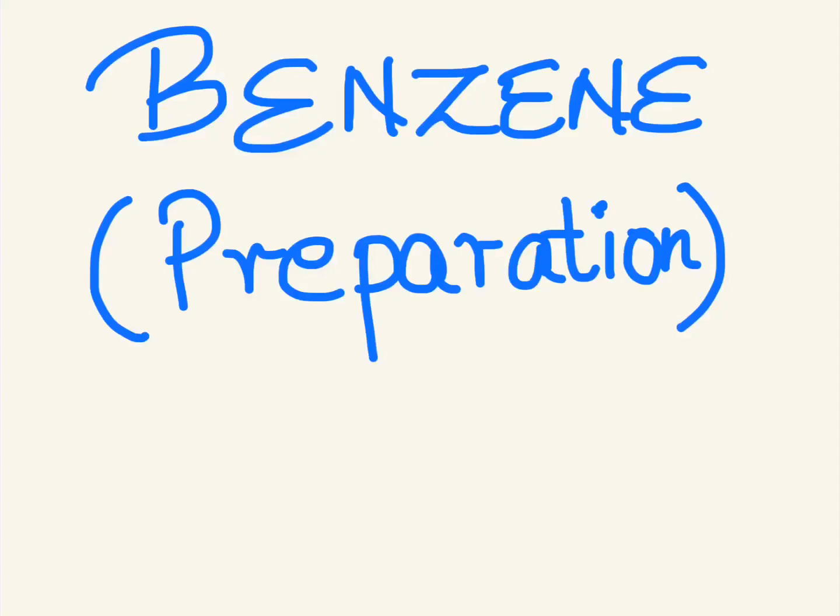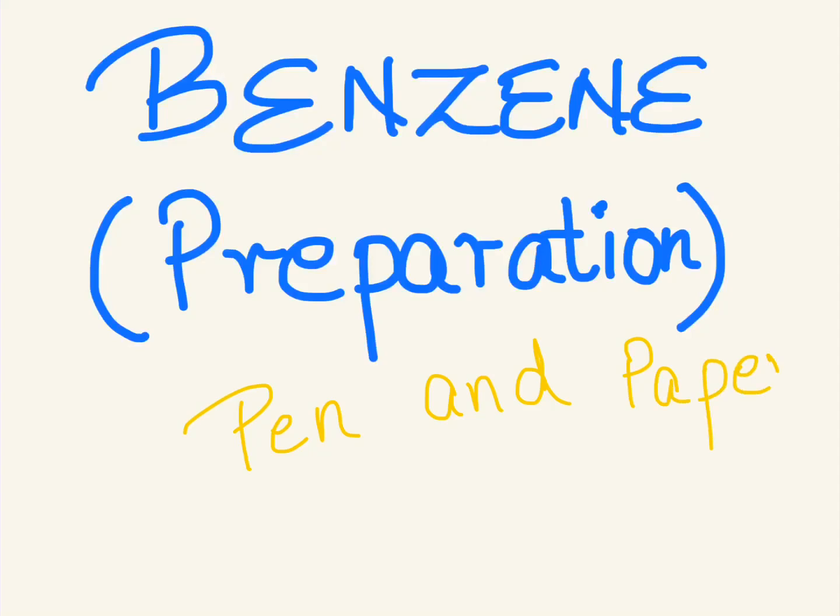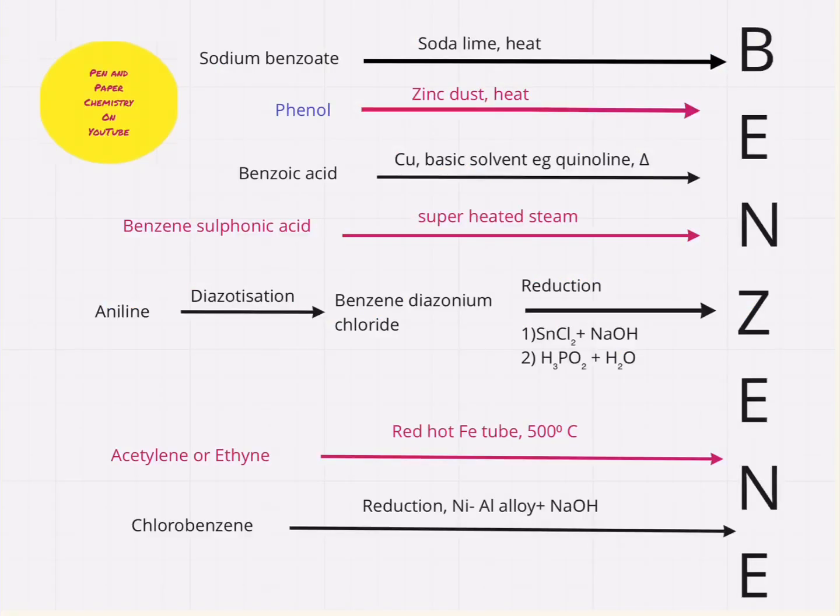So before we go ahead with the topic for the day, please don't forget a pen and paper in your hand, because unless you write the reactions yourself, it will be difficult to remember. What do you need? You need this flowchart. Simple. It's an easy way to remember the preparation and properties of the compounds that we are dealing with, especially the organic compounds.